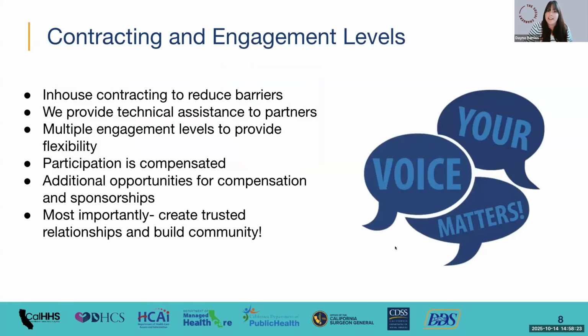And contracting and engagement levels, this was a really big deal, I think, for us. And there's also a lot of learning opportunities as well. So part of the CYF network's role, or part of our role at the Social Changery, is to be that intermediary between the state and the community. So we do all the in-house contracting because oftentimes you have really small organizations that may not have all these insurances, may not know how to do all these contracts, but their voices are just as important as these really large organizations. And so we actually do all the contracting in-house, which reduces a ton of barriers for people to